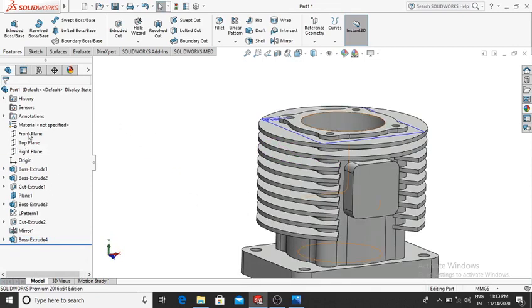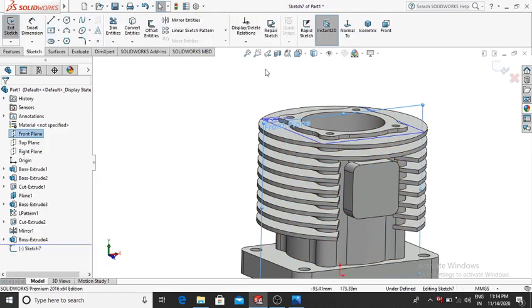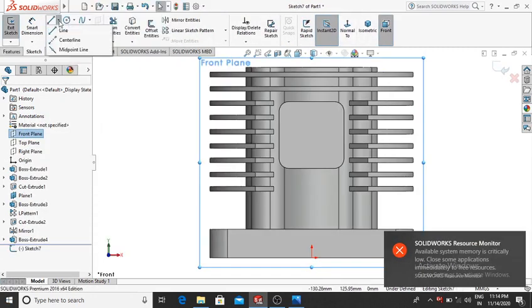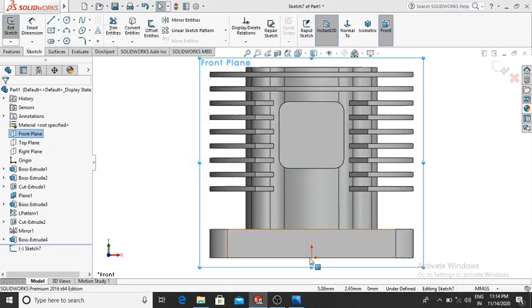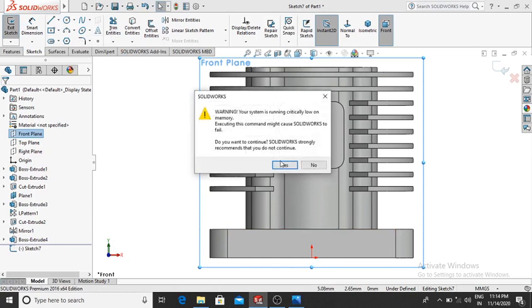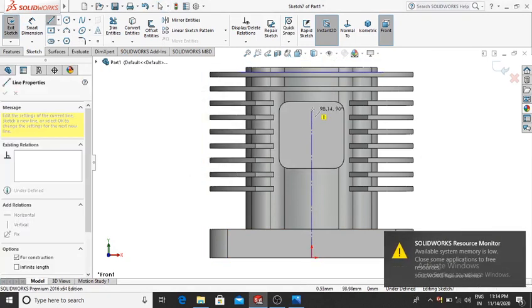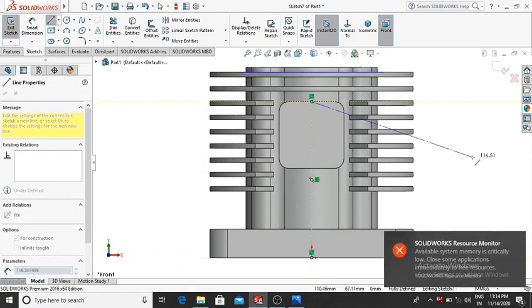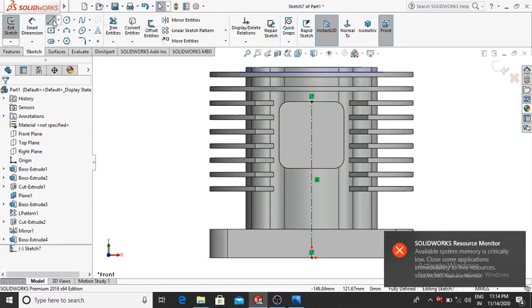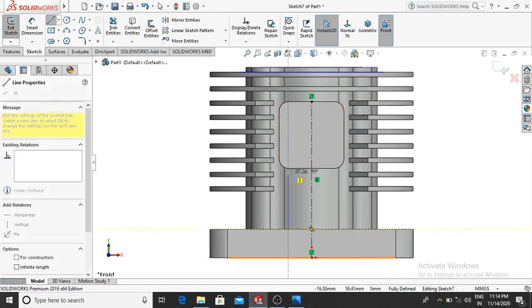Now again select the front plane. Here we select the center line, and from this origin point make the one center line up to this one, and again select the line and make the line up to this one.